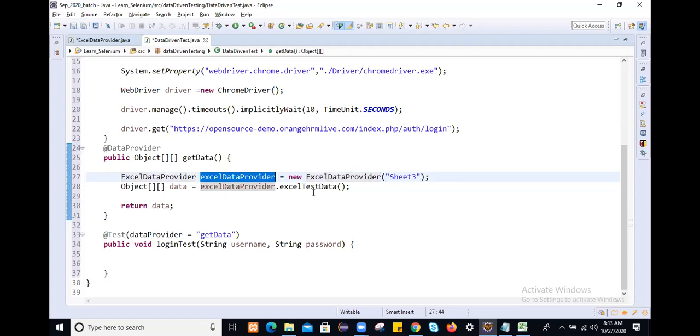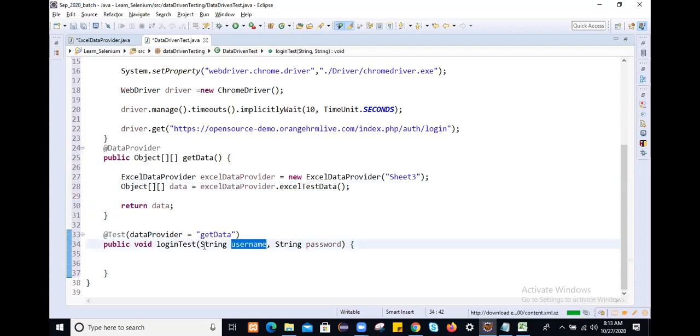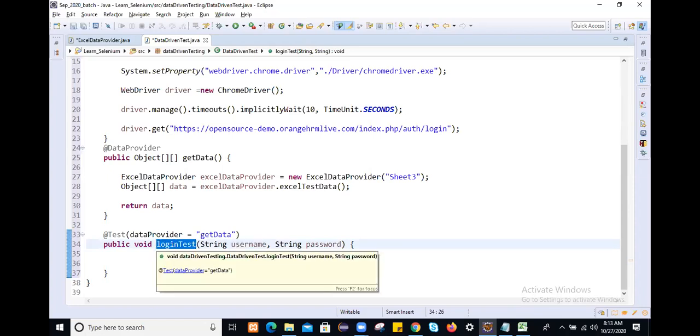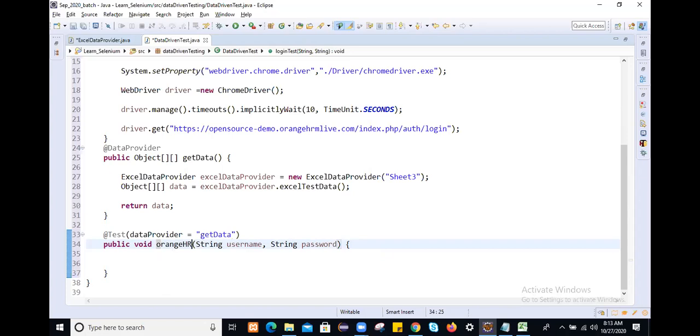Then on that constructor instance, we are going to call the Excel test data method, which will retrieve you a 2D array, and one by one it will feed the data to this login test. Okay. So OrangeHRM login test. This is our OrangeHRM login test, our first test.